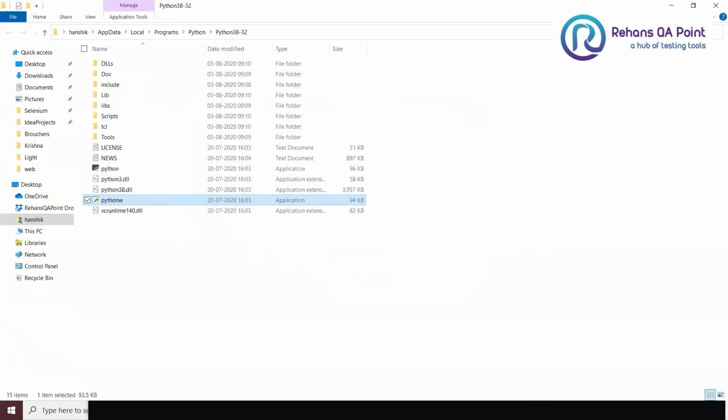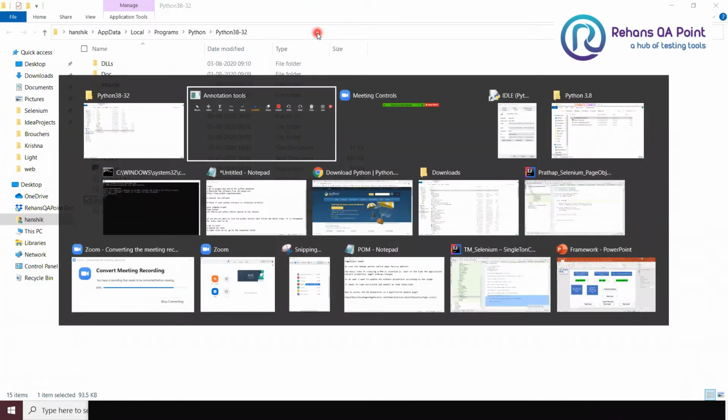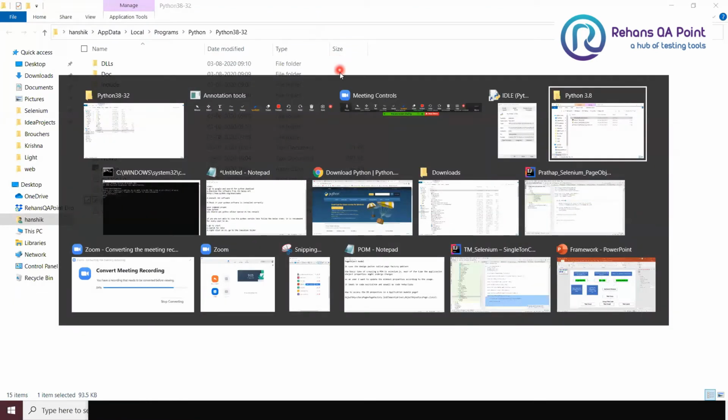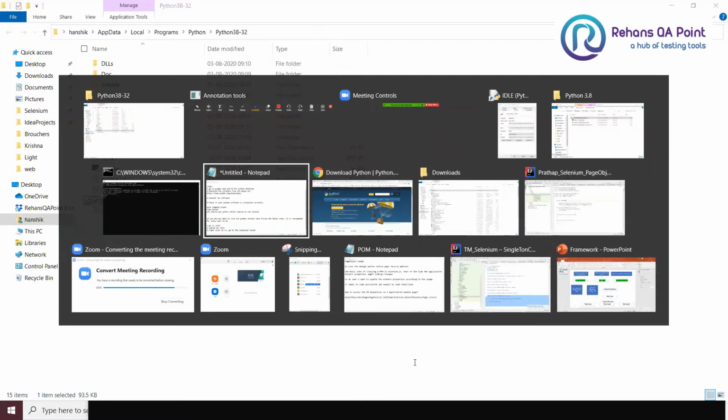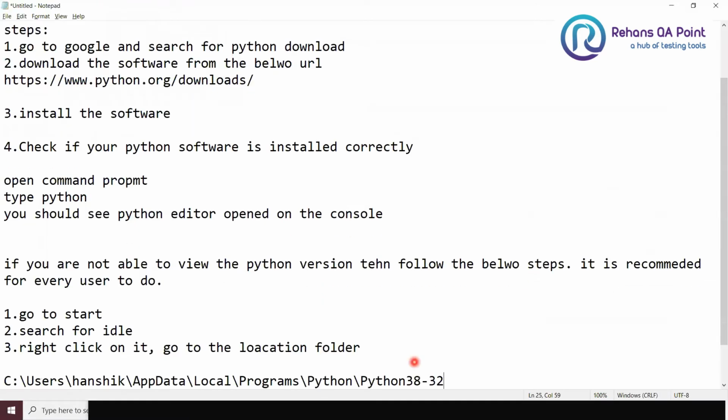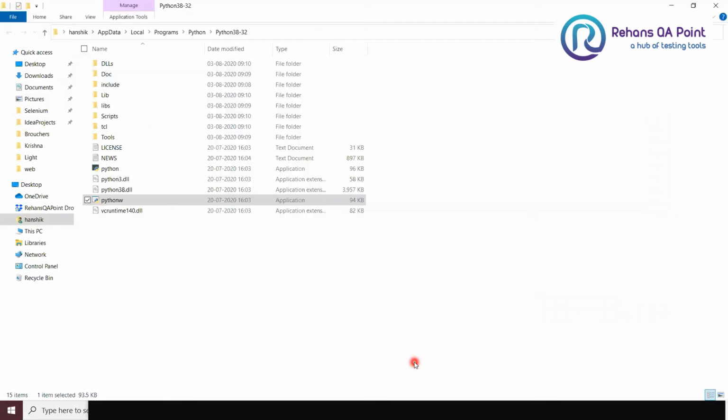Now expand this window. This is the parent window for us. From here we need to configure all your paths. Copy this path, open a notepad, and paste it separately, then go back to the same folder.